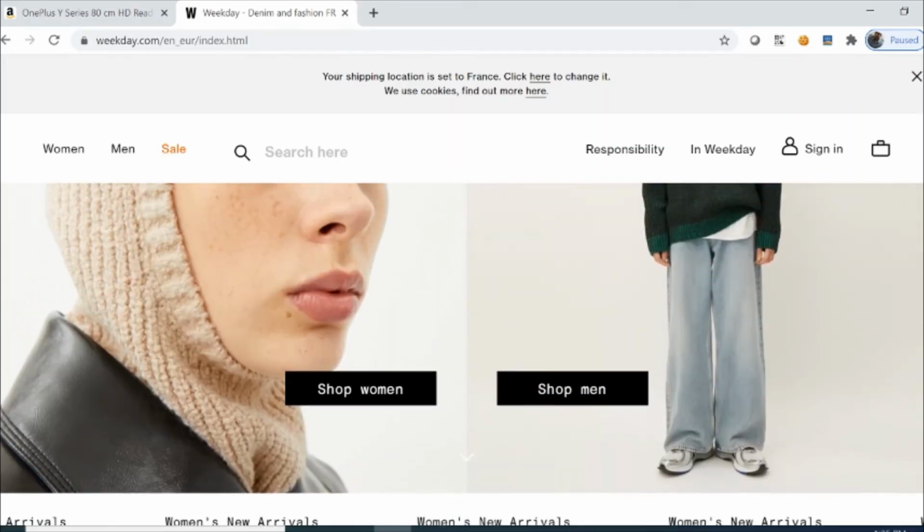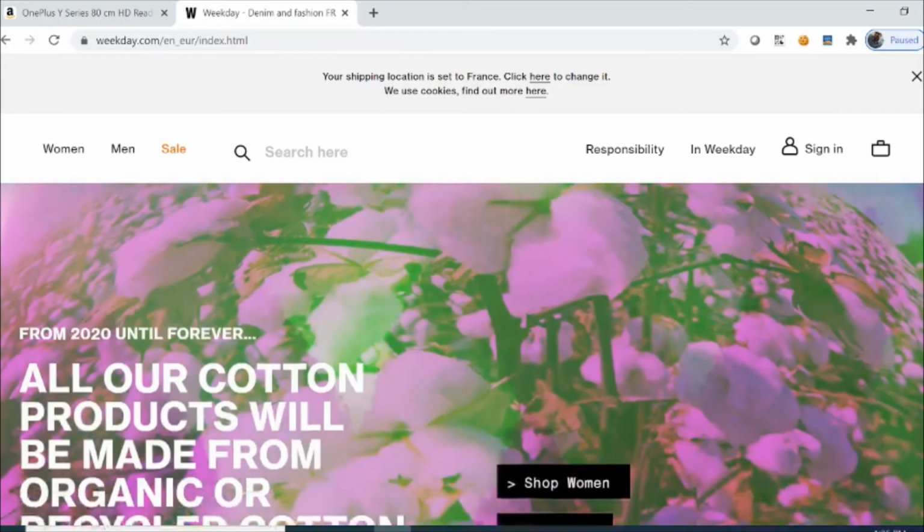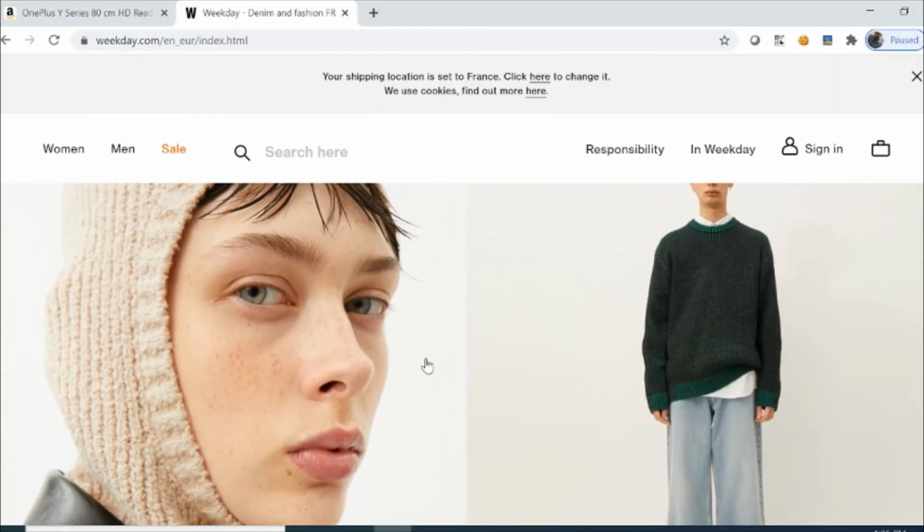There are basically two things. The first one is the content. So these are all the contents, and the second thing is the products. So these are all the products. And then we have multiple categories, like women category, men category, or a sale category. Inside a category we do have subcategories, and we can have a subcategory inside a subcategory.